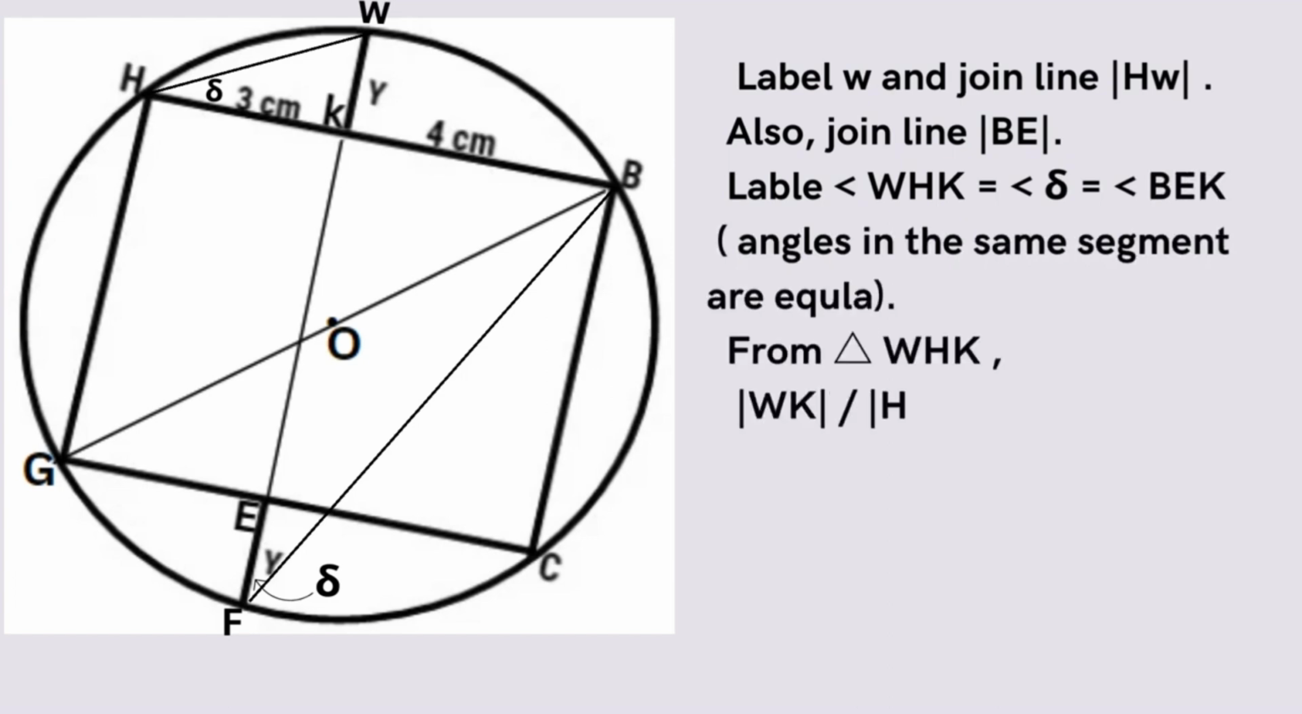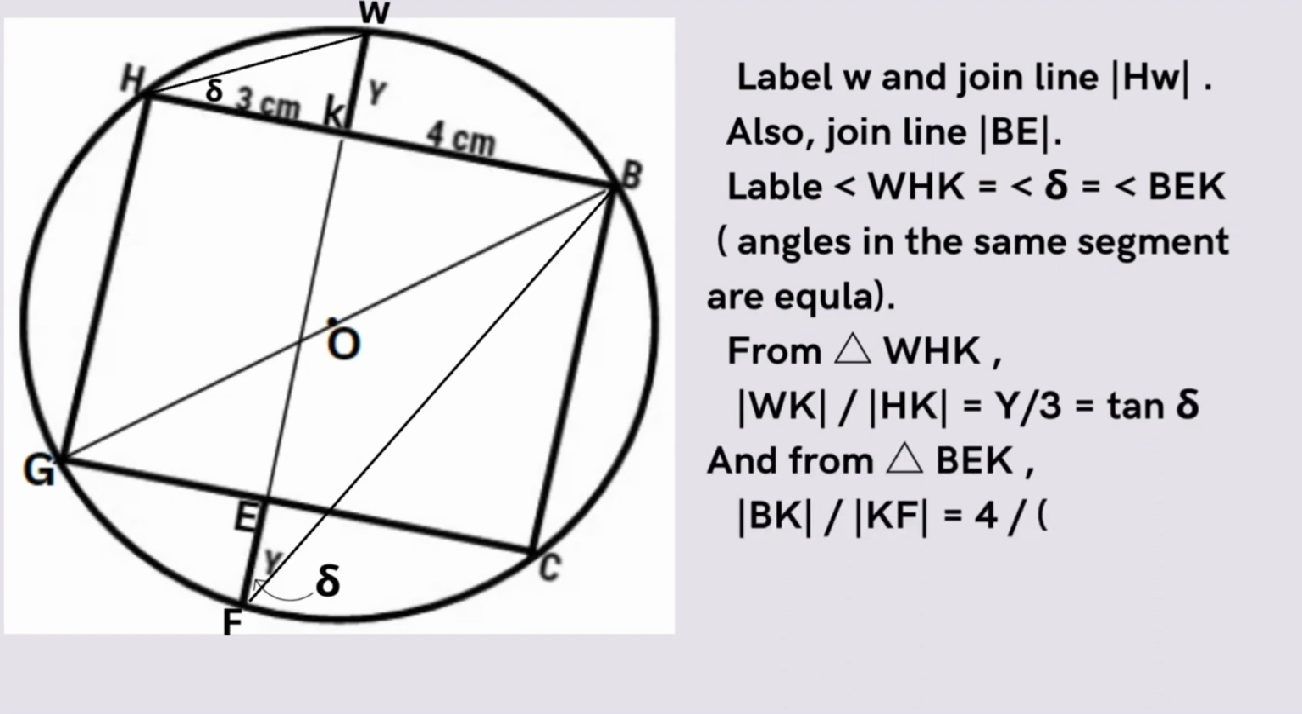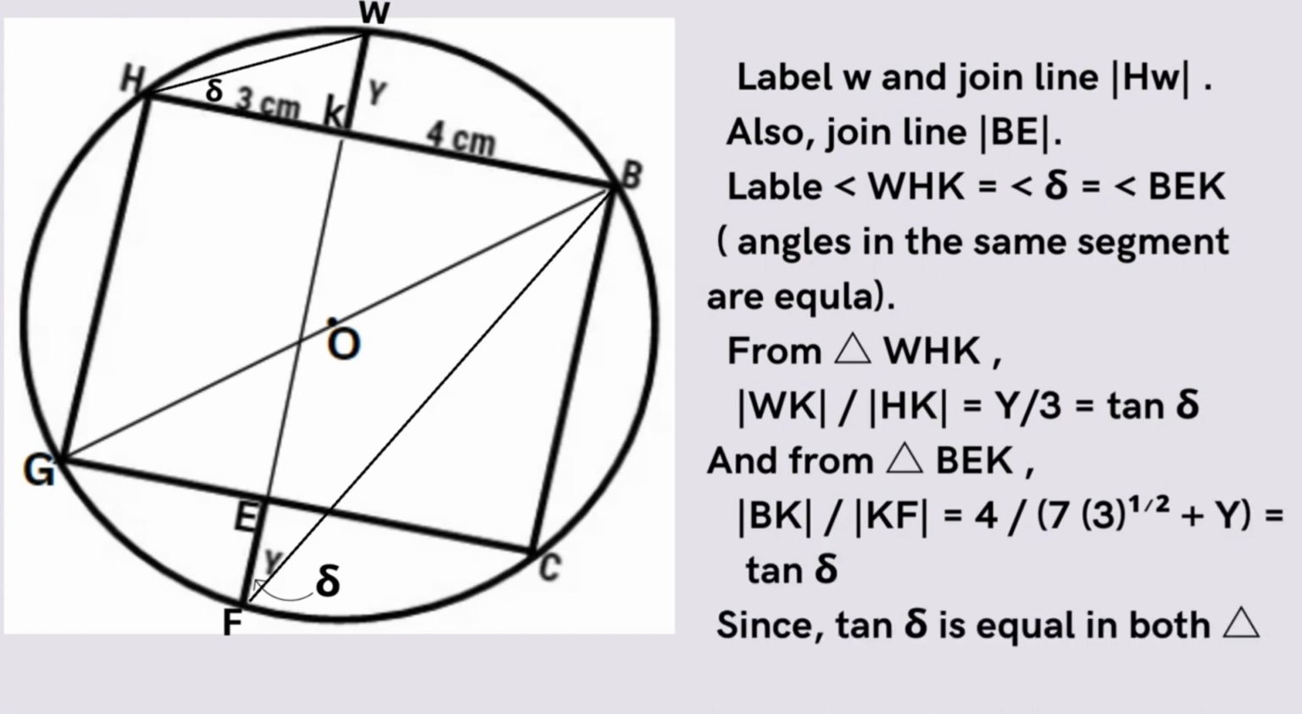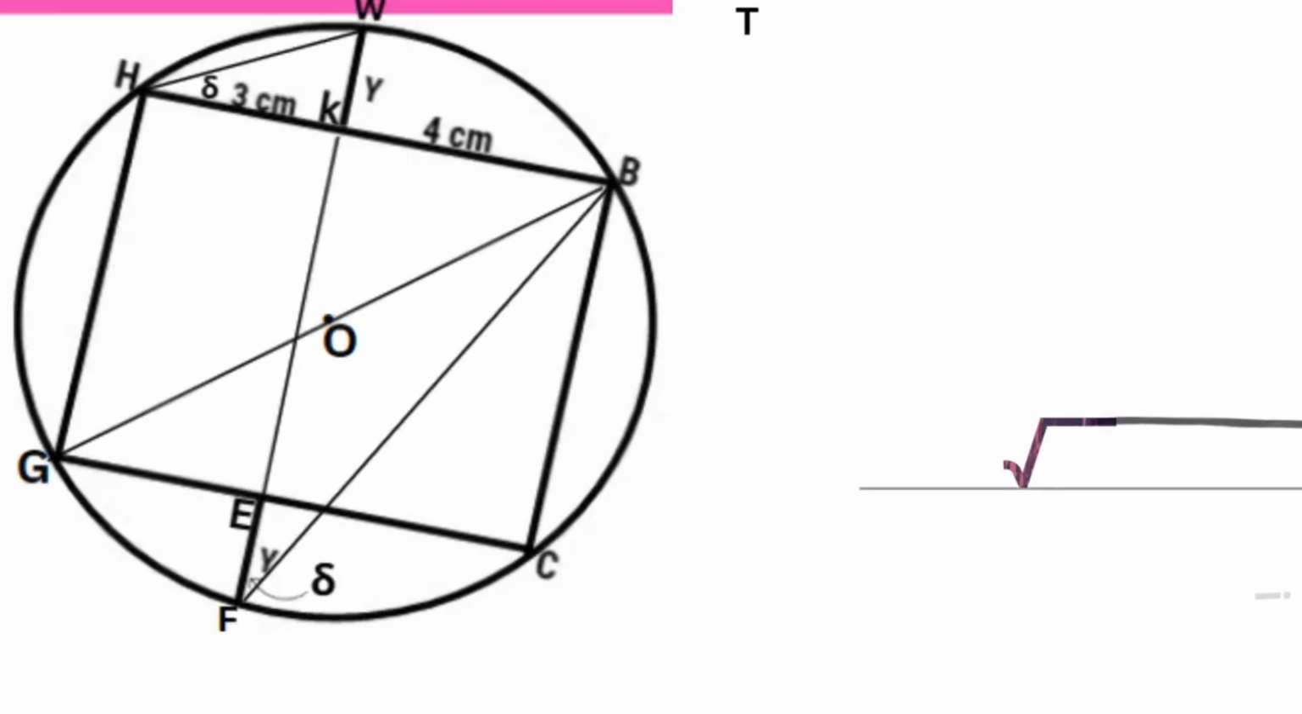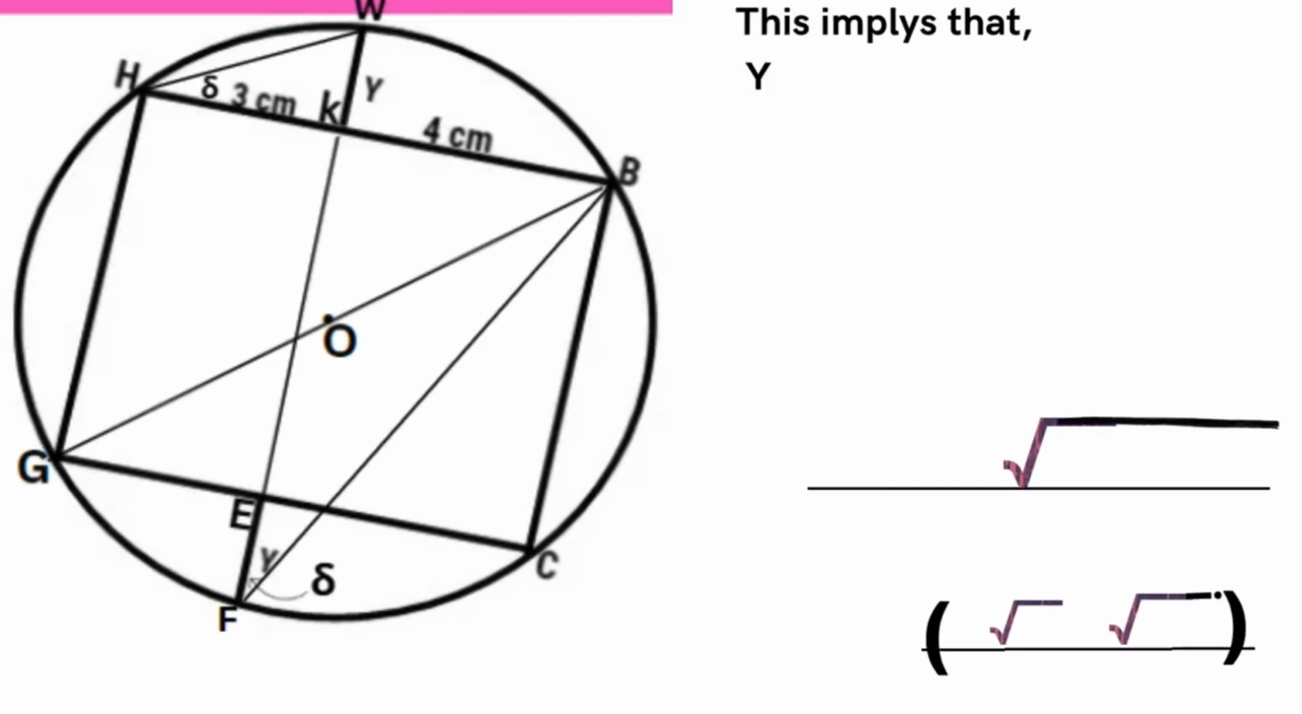From triangle WHK, the ratio of Y to 3 equals tan delta. Also, from triangle BEK, 4 divided by the sum of the product of 7 and the square root of 3, and Y, equals tan delta. Since tan delta is equal in both triangles,